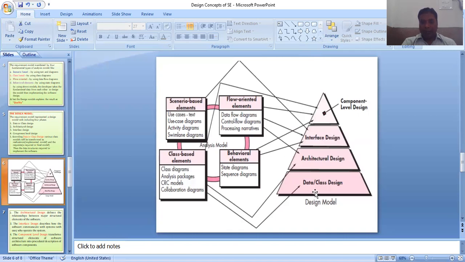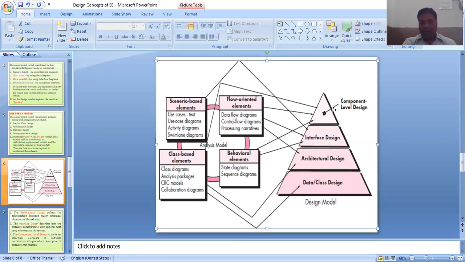So basically, in every design model, every phase will be dependent on various fundamental types. For example, from here I simply go to architecture or data design. From here, in the behavior, we go to component and interface, and from here I go to interface and architecture, and from here I go to component and